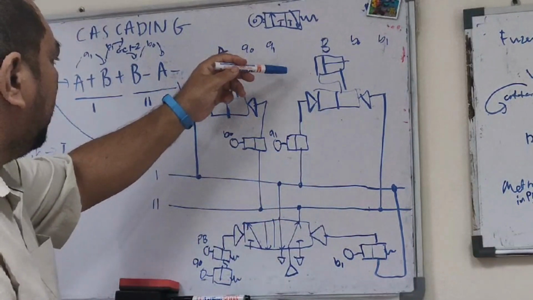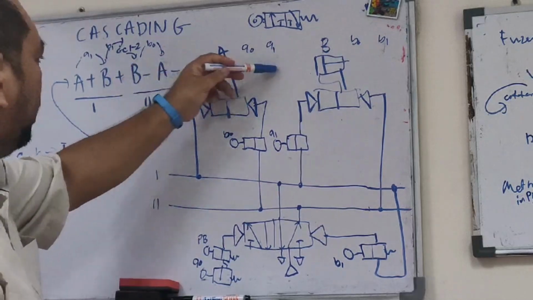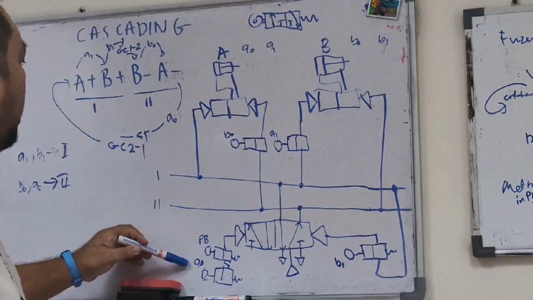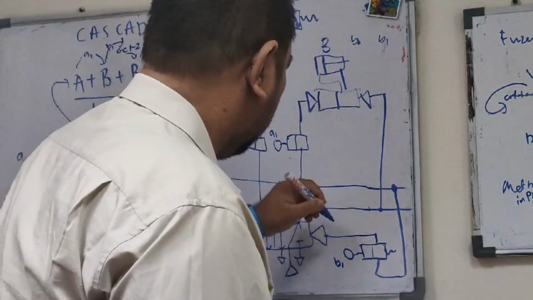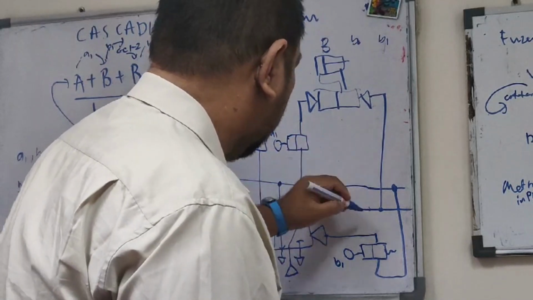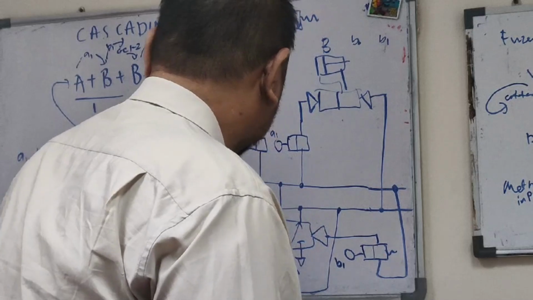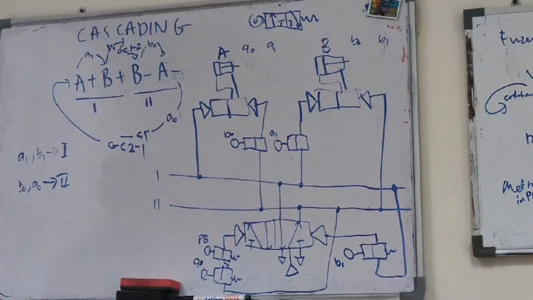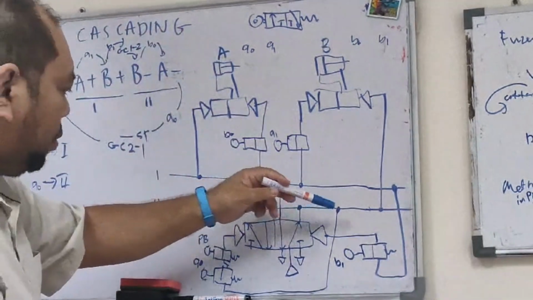So A will go to A0. So when A goes to A0, from group 2. Okay. So when this one goes to group 2,